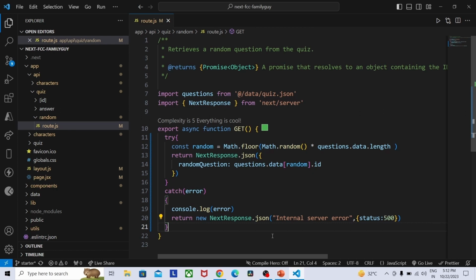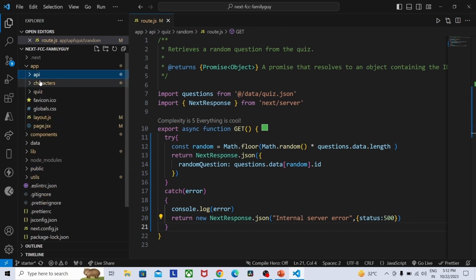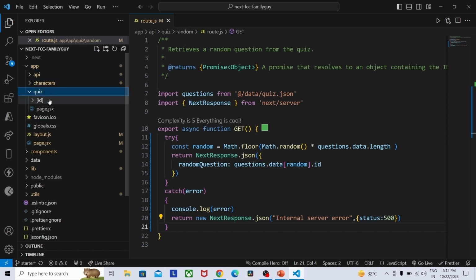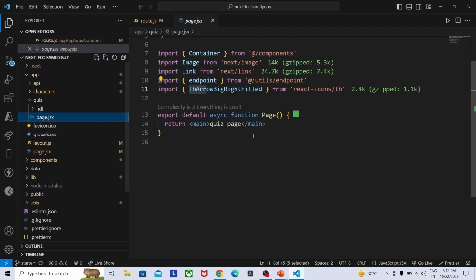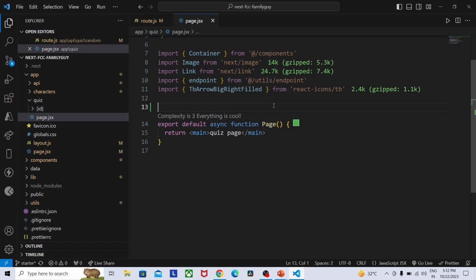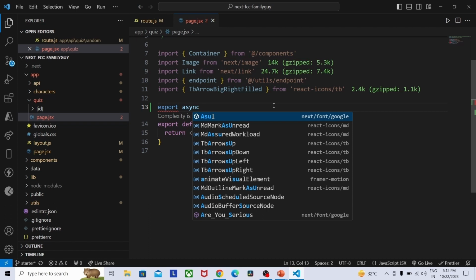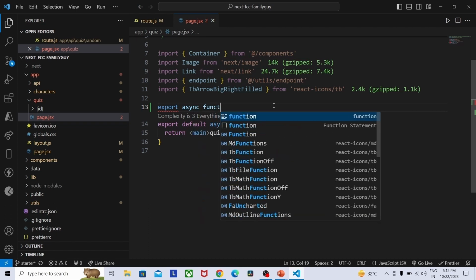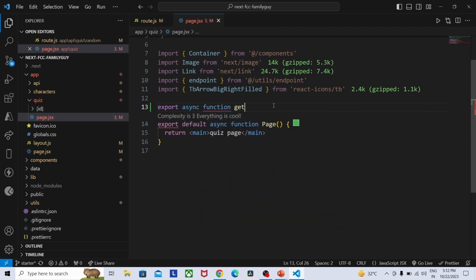Now you can go to the quiz page. So close this API folder, go to the quiz page. First you have to get the values. For that, export asynchronous function get random quiz question,